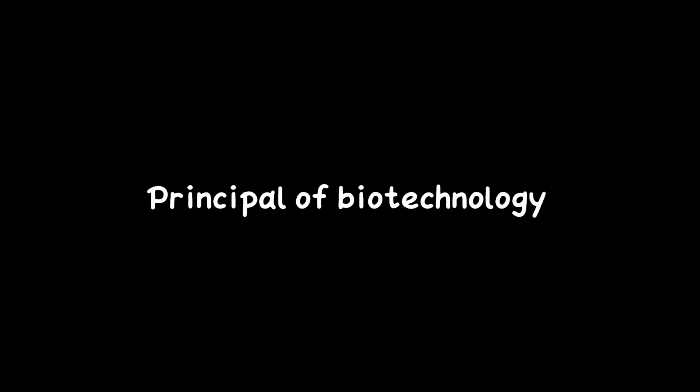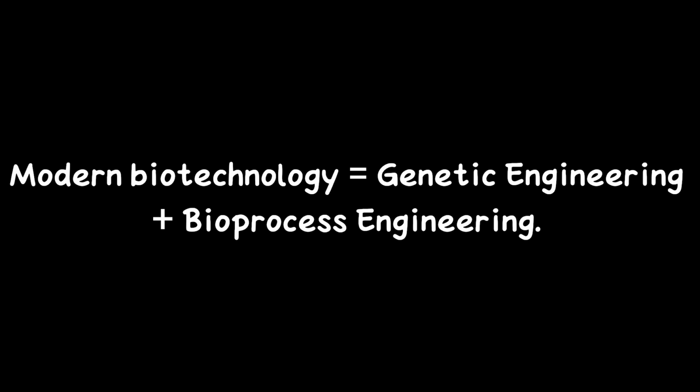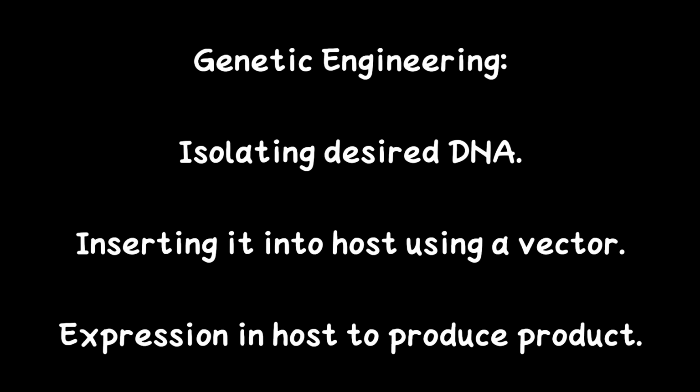Now let's know the principles of biotechnology. Among the two core techniques of modern technology are genetic engineering and bioprocess engineering. Genetic engineering is a technique to alter the genetic material, for example DNA and RNA, and it is introduced in the host organism and thus changes the phenotype, that is the physical appearance, of the host